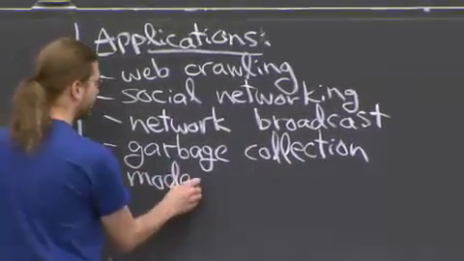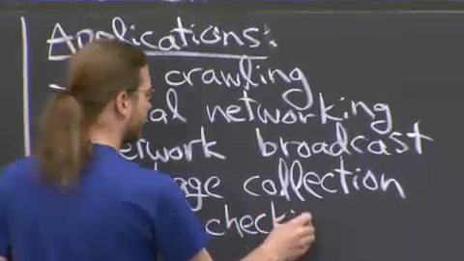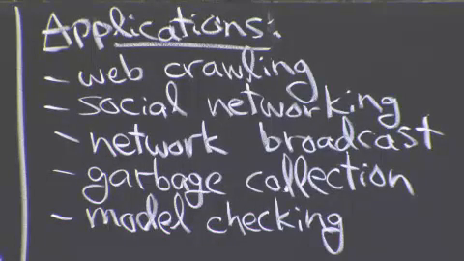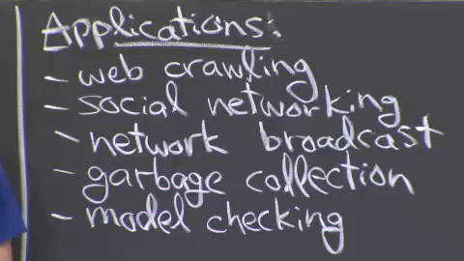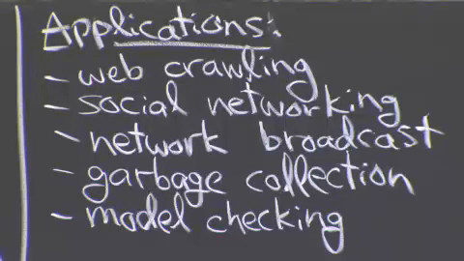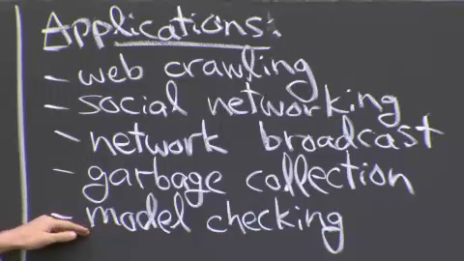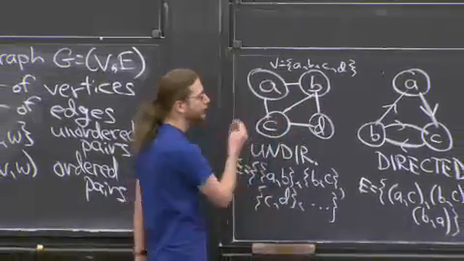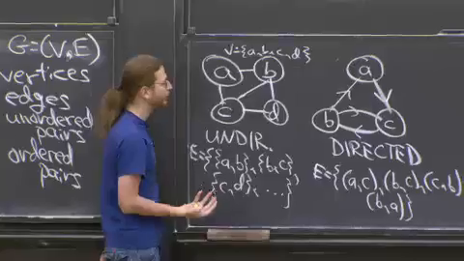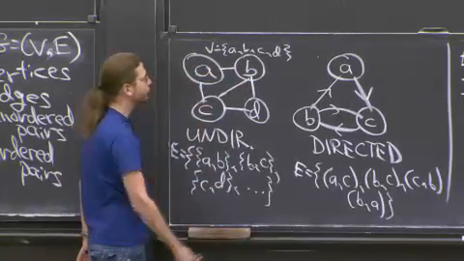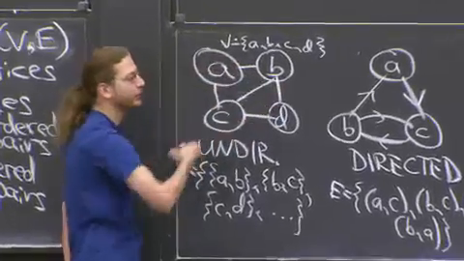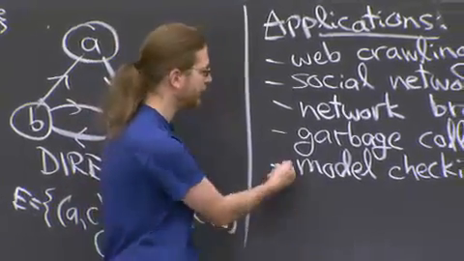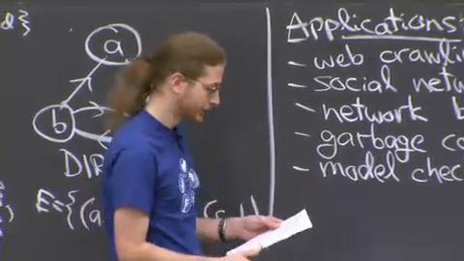Another one, model checking. Model checking is you have some finite model of either a piece of code or a circuit, a chip, whatever. You want to prove that it actually does what you think it does. And so you've drawn a graph, which is all the possible states that your circuit or your computer program could reach or that it could possibly have. You start in some initial state, and you want to know, among all the states that you can reach, does it have some property? And so you need to visit all the vertices that are reachable from a particular place to do that. And usually people do that using breadth first search.